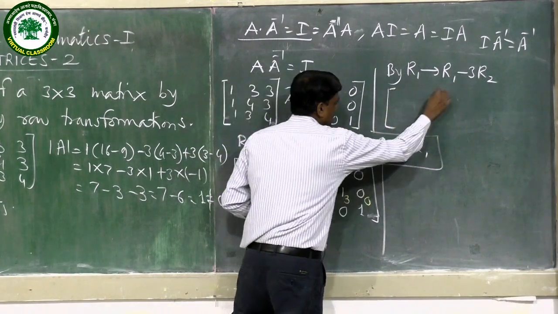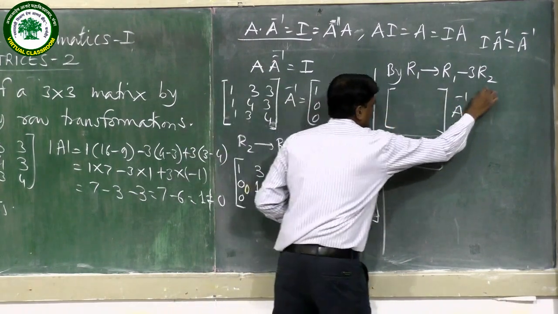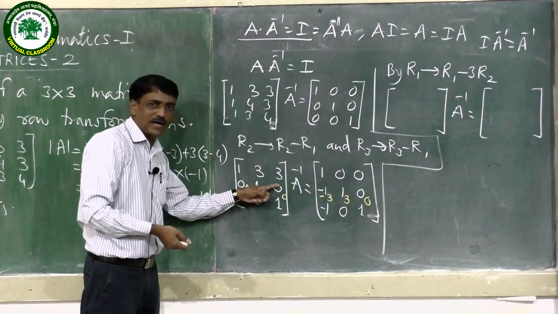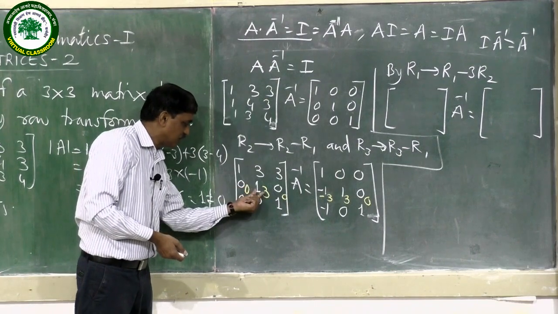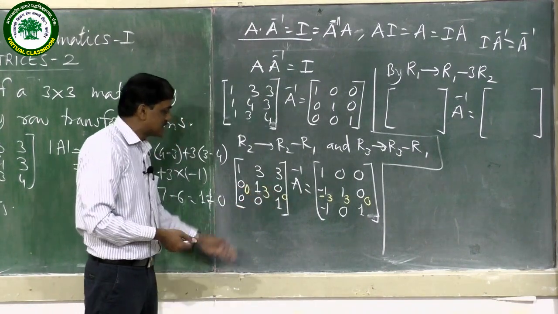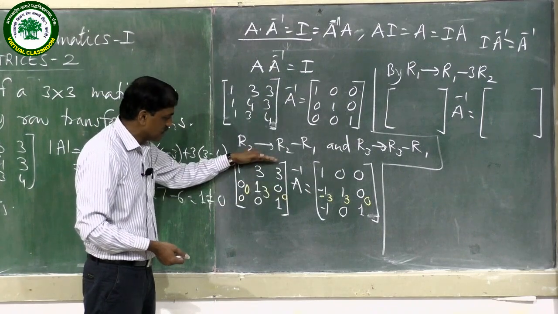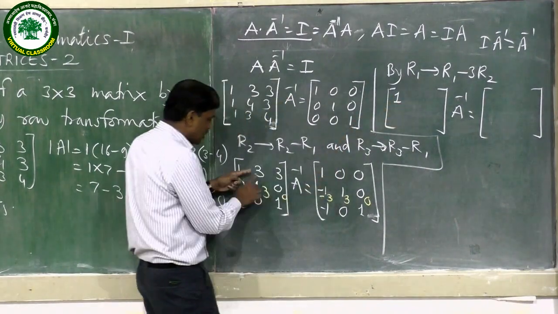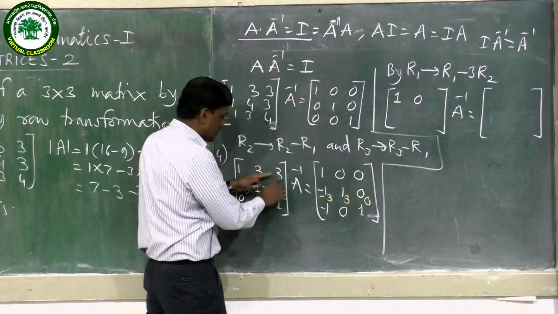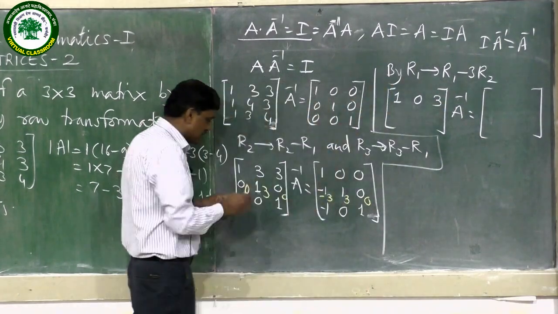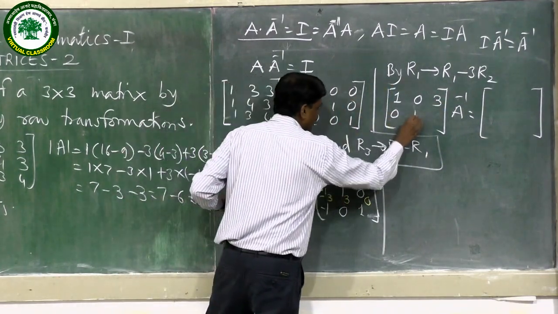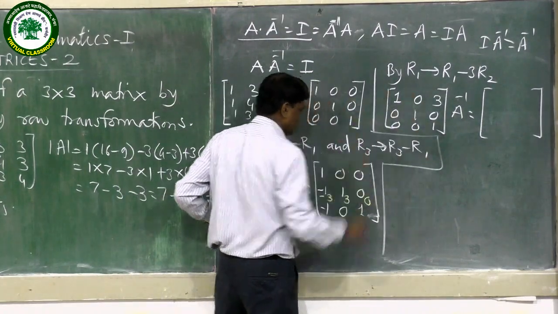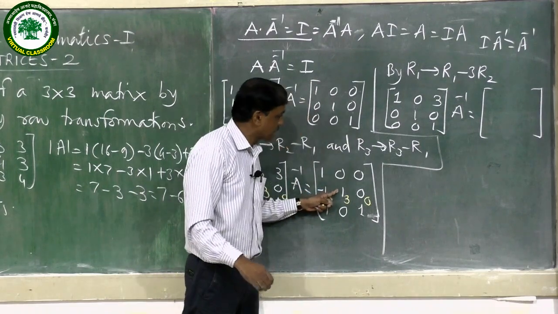So the equation converts into the following. See what we do here: multiply the second row by 3, 3 into 0, 0, 3 into 1, 3, 3 into 0, 0, and subtract these multiples from the corresponding elements of the first row. So 1 minus 0, it is 1. 3 minus 3, it is 0. 3 minus 0, it is 3. Second row, the original as it is, 0 1 0. Third row, 0 0 1 as it is.